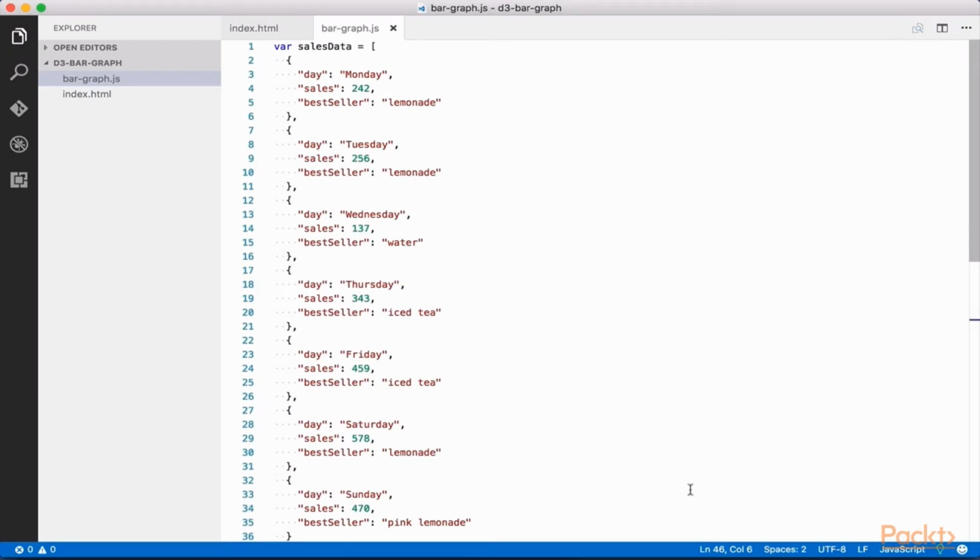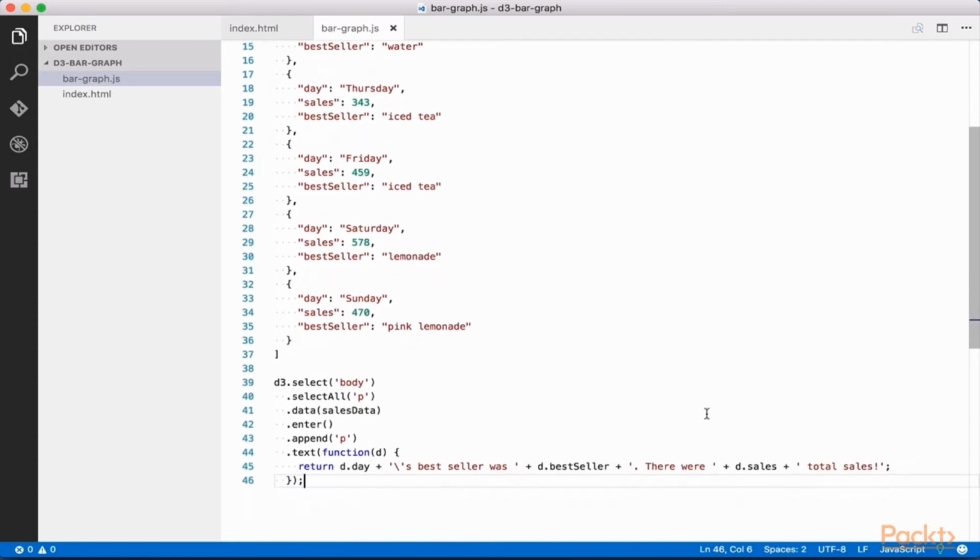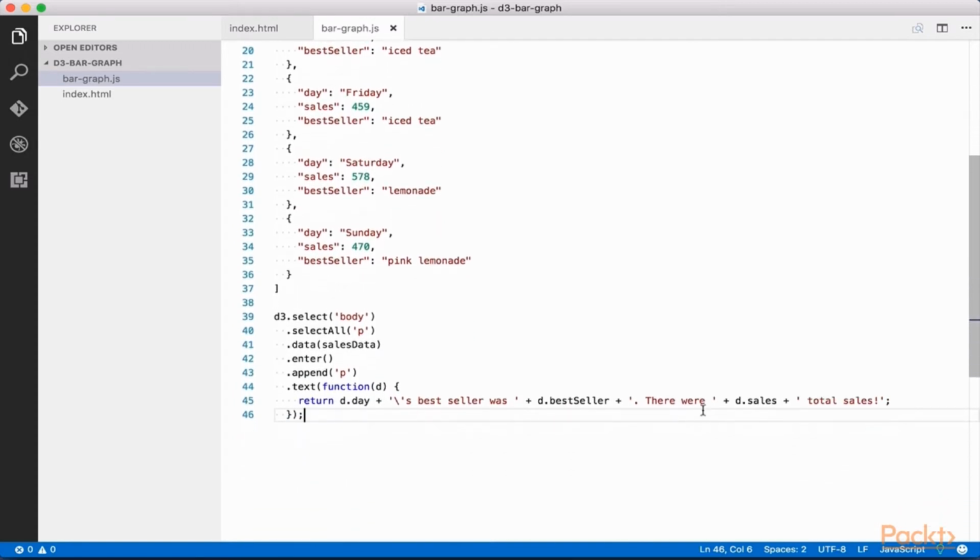Replace the contents of bargraph.js with the following code, available in the course resources. For our bar graph, we are going to use a hypothetical data set covering daily sales at a lemonade stand. Let's work with some D3 functions to display this data on the screen. We begin by typing d3.select